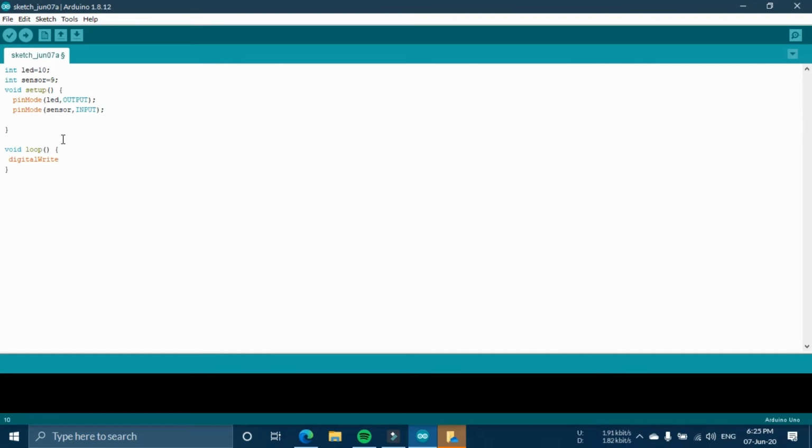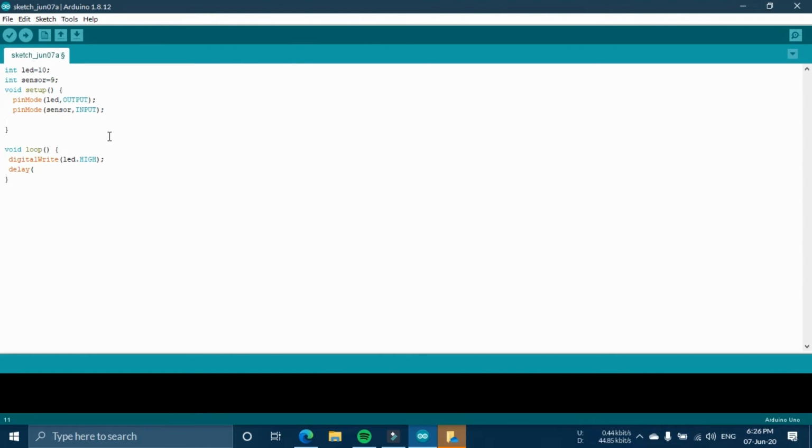So this is a code for a blinking LED. What we are doing is giving a command to the LED, that is pin number 10. So LED comma HIGH. What this will do is turn on the LED. HIGH means on and LOW means 0. So in digital codes there are two types of binary values, 1 and 0. You can also write 1 or 0 over here. It's no big deal.